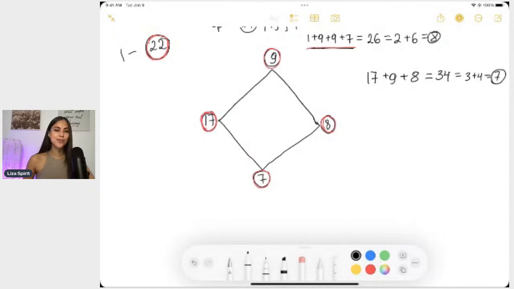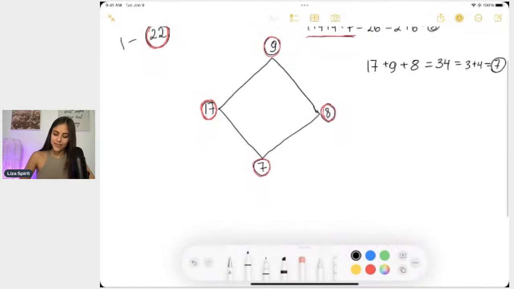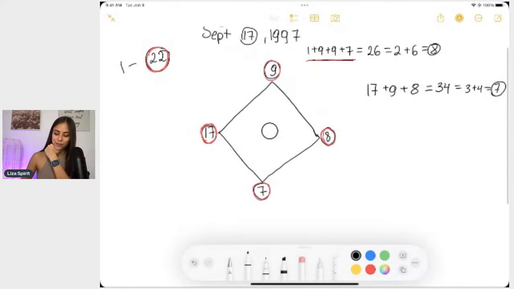Then we need to calculate the number in the middle. The number in the middle is our energy, like who we are inside and out, our talents and everything. So that's your main energy number. It's in the center of everything. Okay. So I'm going to put it in the center here like this. I should have done that with all previous numbers to make it look more accurate, but I hope it makes sense for you.